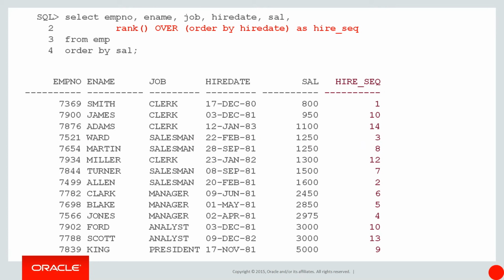So all of a sudden, I didn't have to drag all the data out. I didn't have to do sorting on the client side, anything like that. I could simply add 40 characters of analytics SQL, and I've got my result. This is what I mean by getting stuff done faster without having to drag data around too much.